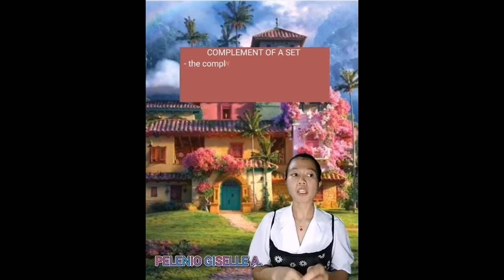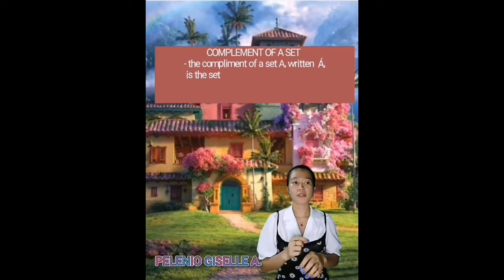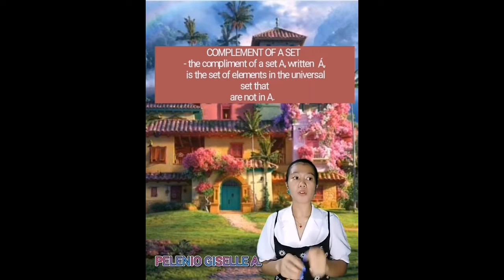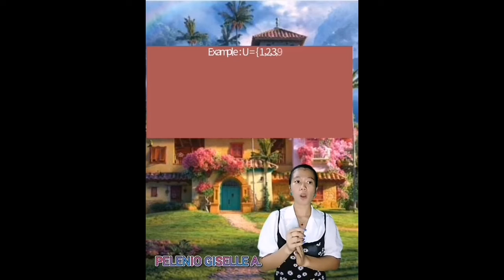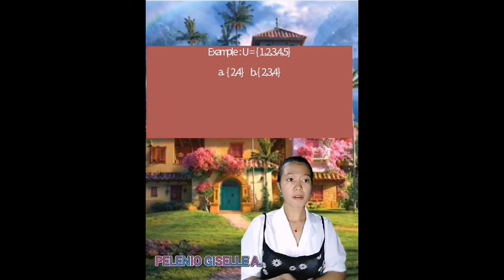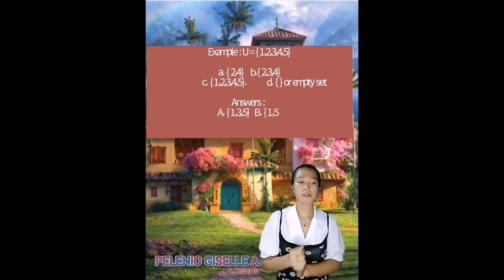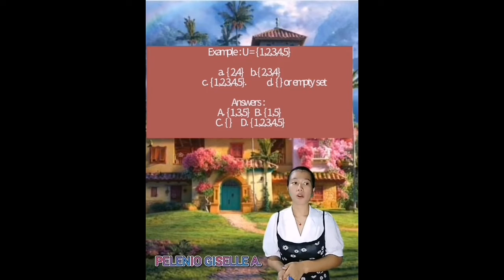Complement of a set. The complement of set A is the set of elements in the universal set that are not in A. So, wala siya sa set A, pero nasa sa universal set. For example, universal set is 1, 2, 3, 4, 5. So, set A is 2, 4, and B is 2, 3, 4, C is 1, 2, 3, 4, 5, and D